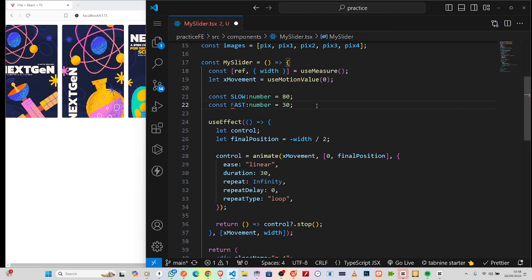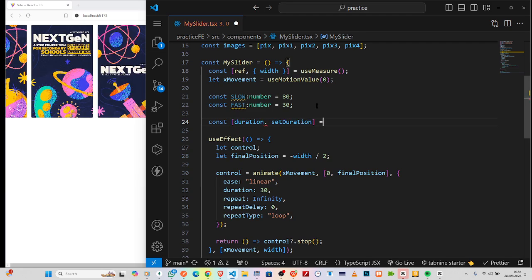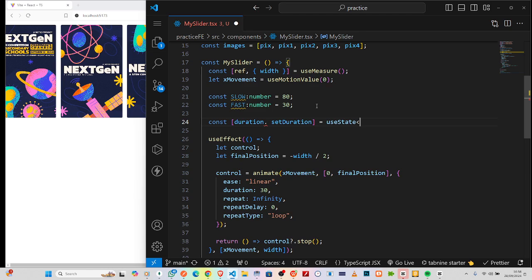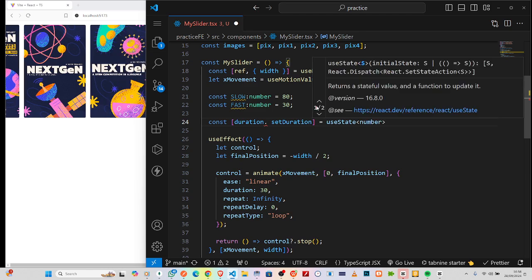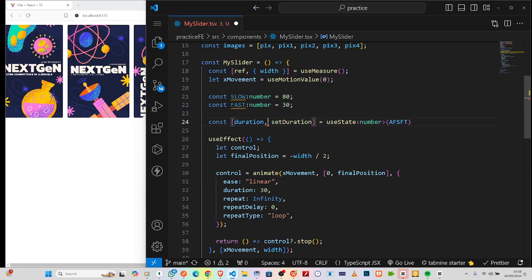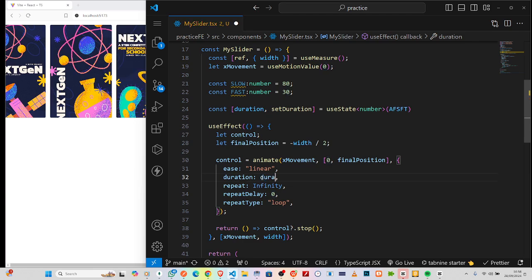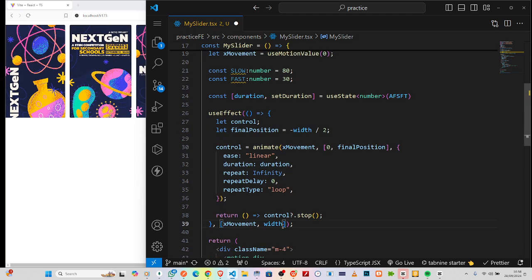Then I can say const duration and setDuration, so make this equal useState, and this one will be a number, and here will equal fast. Okay, so what we will do, rather than putting 30 here, we will make here equal duration, then we'll pass duration here to save that. Now